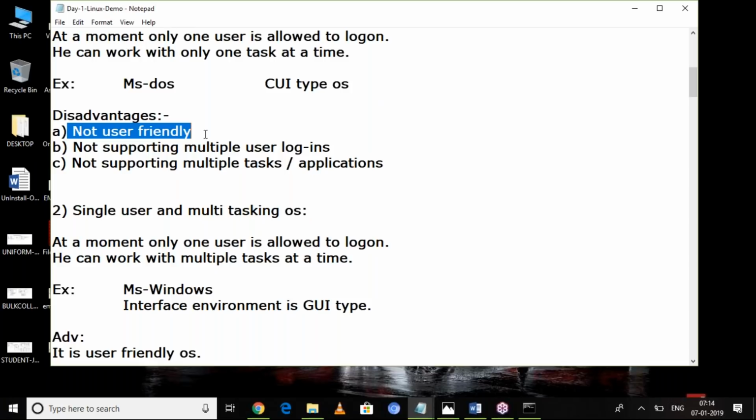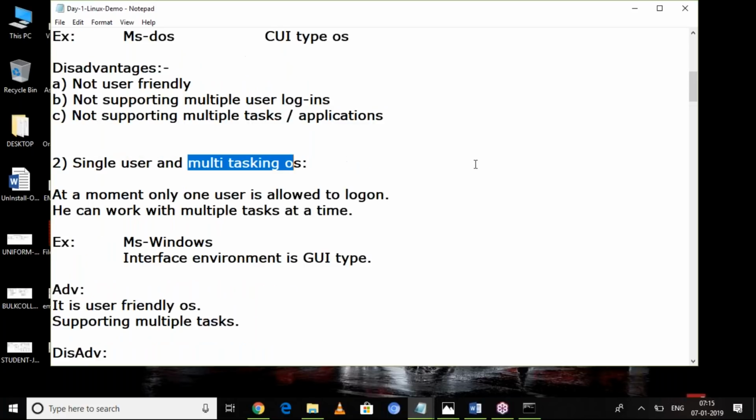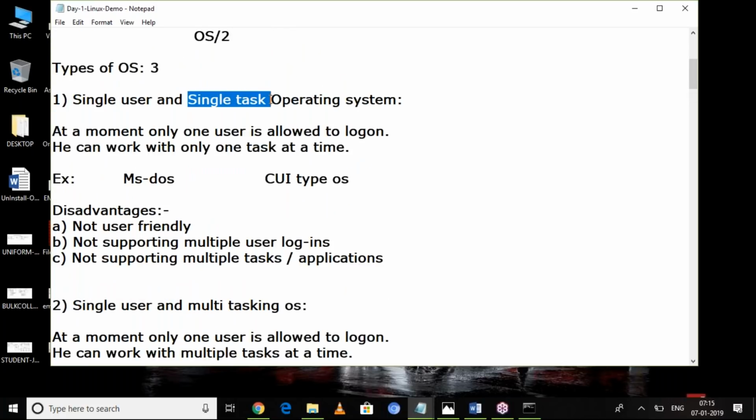At a time, only one user can log in, and at a time we are able to perform only one task. These are the drawbacks of MS-DOS. Now, the next operating system type is single user and multitasking. Same single user. Here, single user, single task. Here, single user and multitask.